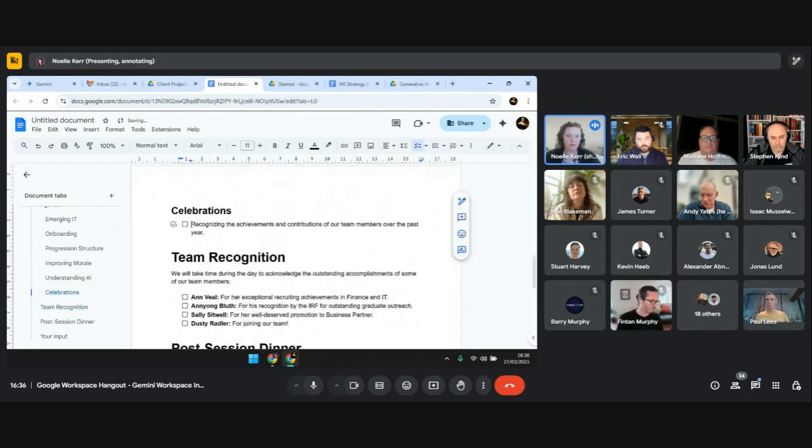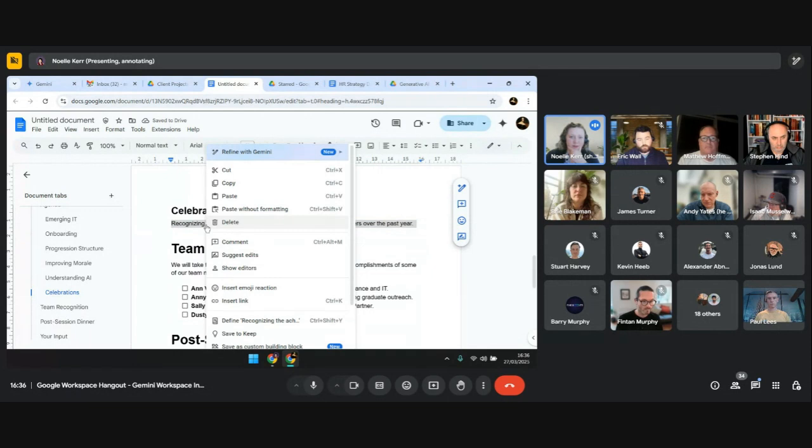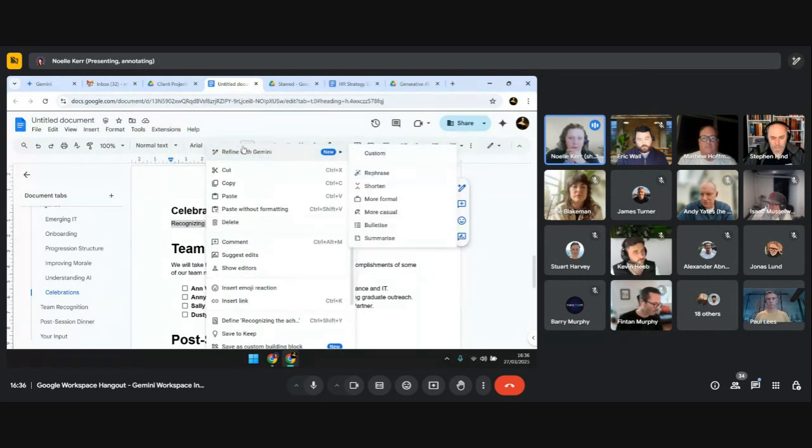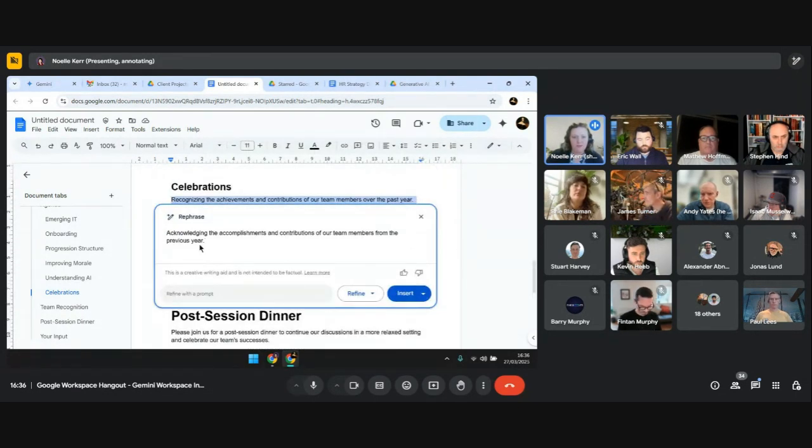And now, as I'm going down through it, again, there's this element of iterating and working with the AI. So I can highlight a little piece of the document, and I can say, I actually want this to be a little bit longer. From my right-click menu, from one of my format menus, from the little floating icons that you can see around, as we're used to, Google Workspace has lots of different ways to do different things. I'm just going to ask it to rephrase this. We can see if I can get some length on it.